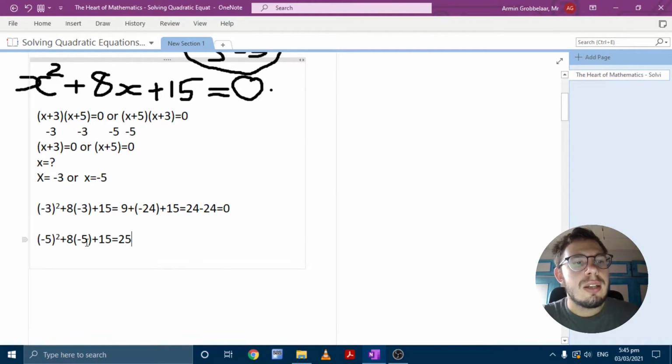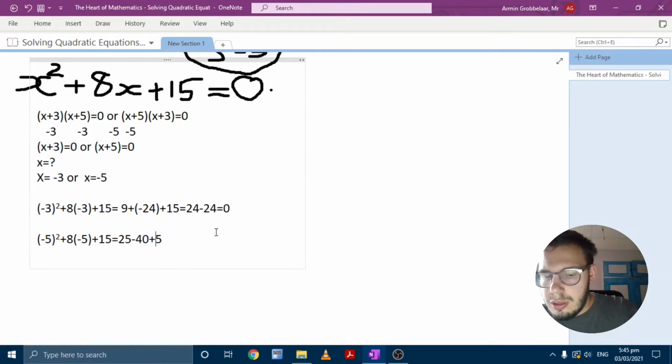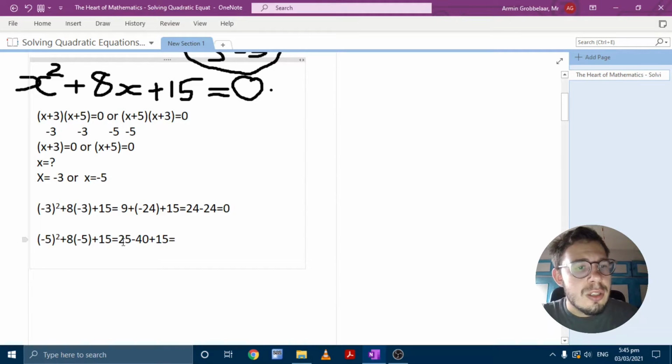Now 8 times minus 5 is minus 40, and plus 15. What I'm left with is 25 plus 15 is 40, minus the 40 that's left is equal to 0. So I know that my two answers of x equal to minus 3 or x equal to minus 5